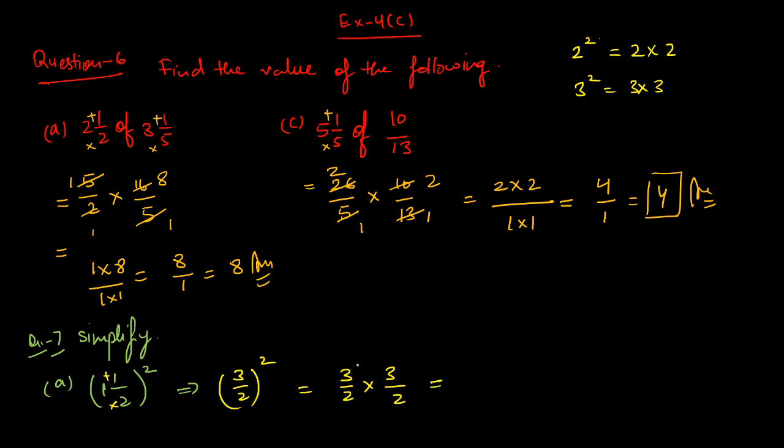So 3 3s are 9, and 2 2s are 4, 9 upon 4. This is the answer. Question 7, part B. Question 8, part B is 2 whole 1 upon 2